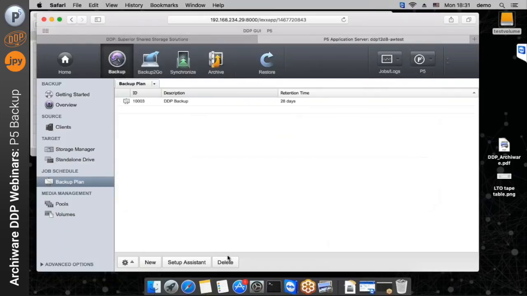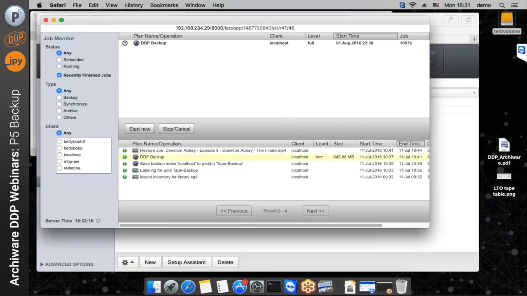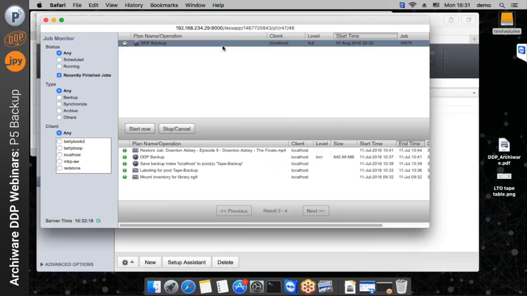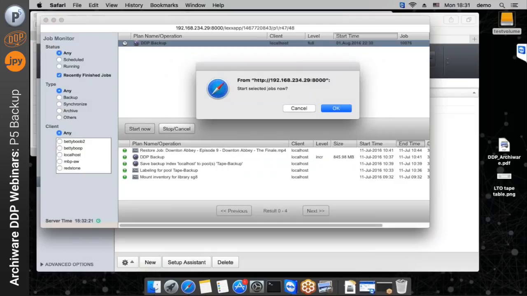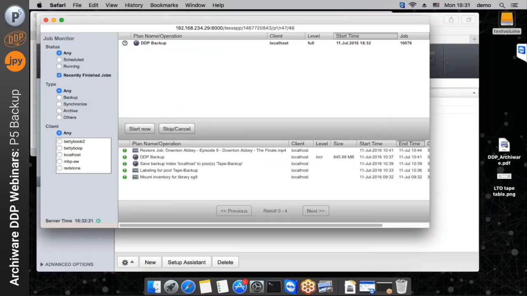So we have the concept of a job monitor in Archiware, and if we just flick to the job monitor window, it shows me jobs which have run recently, which are the ones at the bottom. At the top, it shows me jobs which are going to run, including our full backup that's going to run at 22:30 this evening. So if we start that one now,